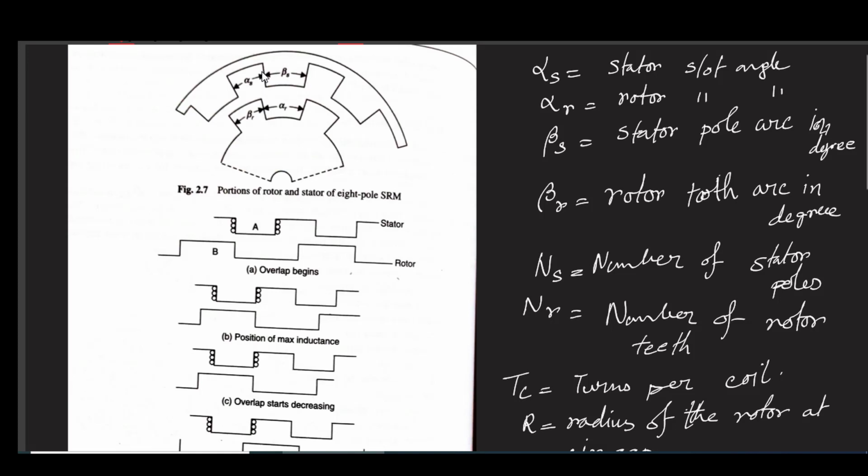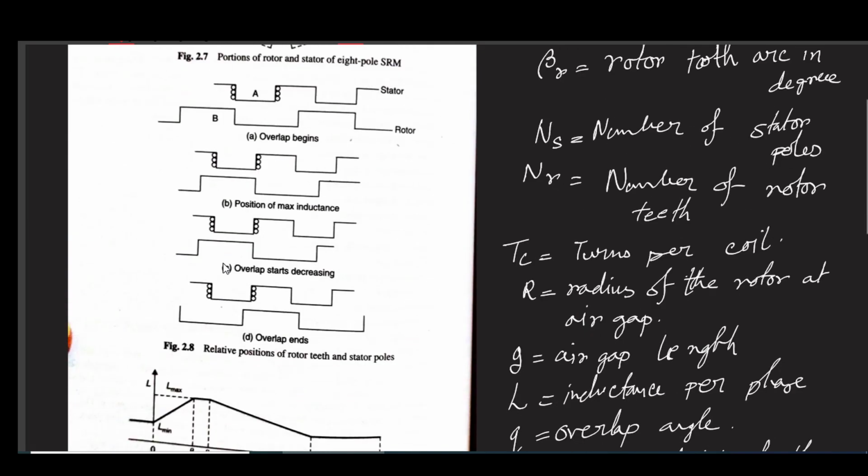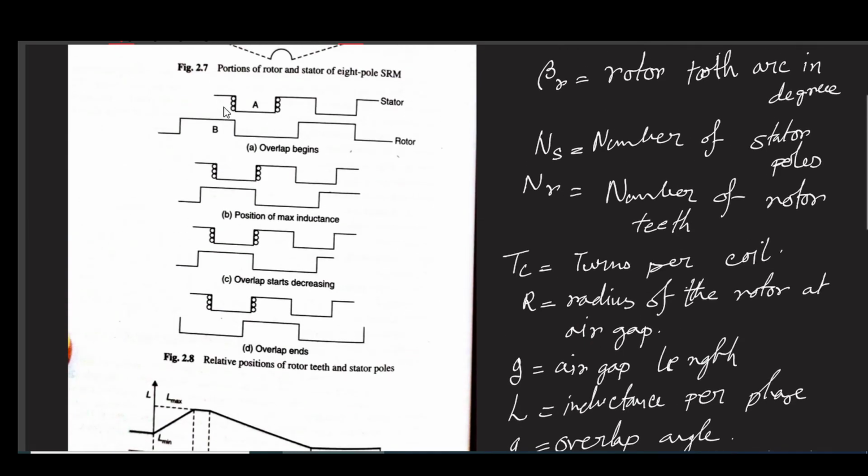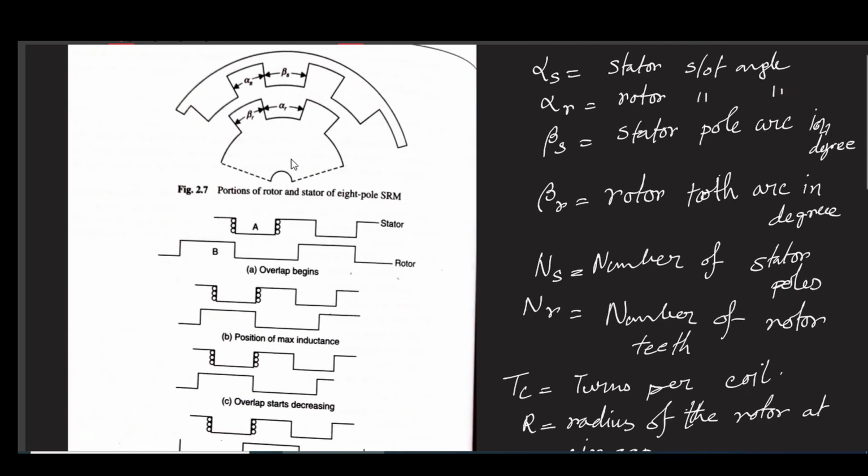So now if we consider the next picture, then you will understand that when the pole A and rotor tooth B overlap begins, the inductance starts increasing at this instance. Here you can see the inductance, this is the point of overlapping. Here you can see where it starts increasing, and then this position, if we take it as a reference, theta is equal to 0,